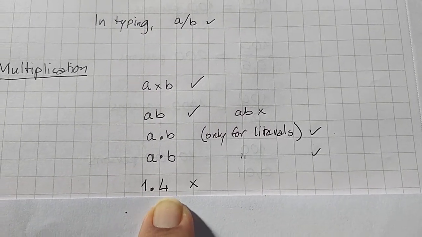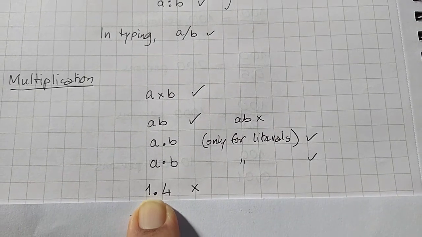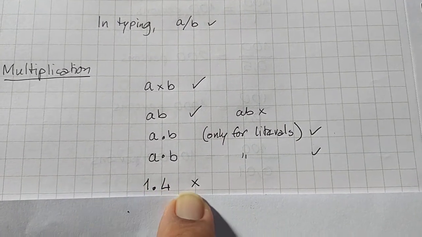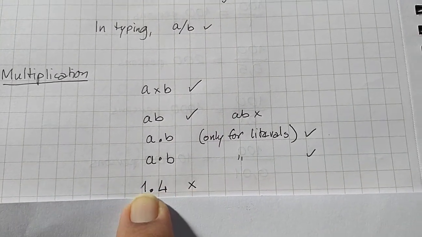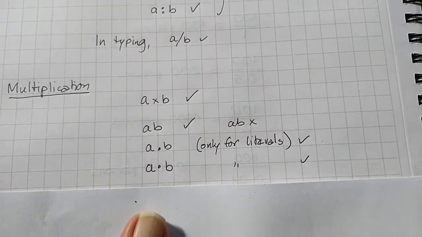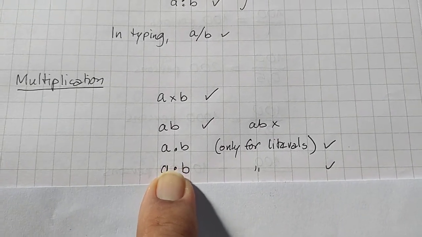So in English, the point means the decimal point. So we try to avoid it, we do not use this. That's why I put a cross there. No, we do not use this when you have numbers on both sides. Some people try to get around this by going to A dot B, where they move the dot higher.